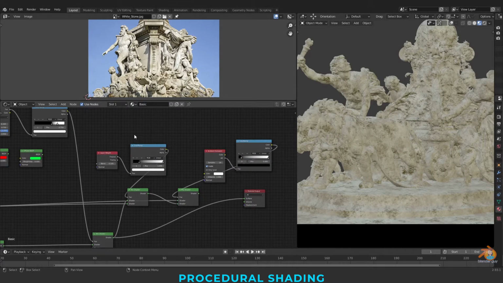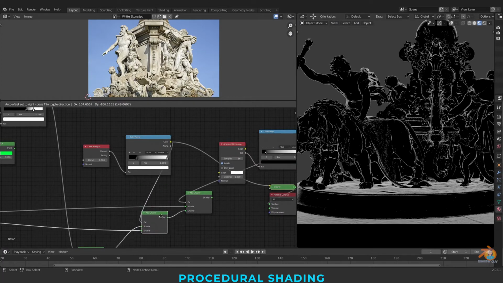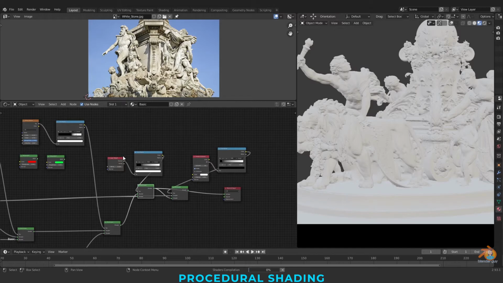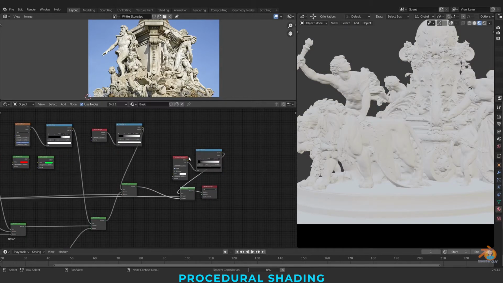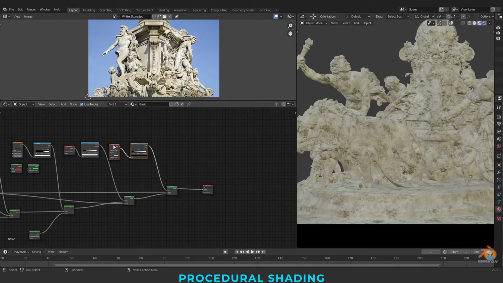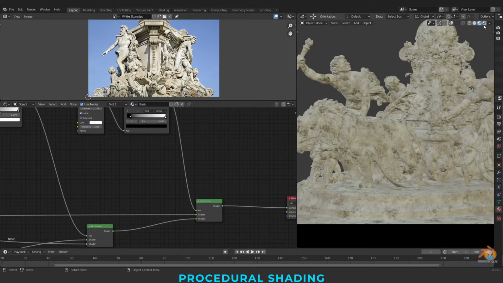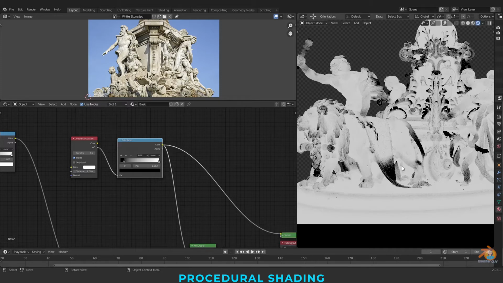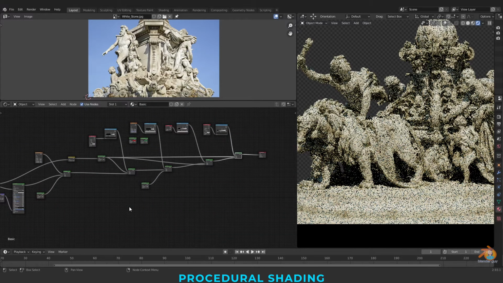Layer weight for the edge thing, which I have showed you all. So for every edge this is working. And last I have used one occlusion, but this is like overall occlusion. I'm going to render. The black parts will be affected now, like a thick dust on it. So this is our final flow.